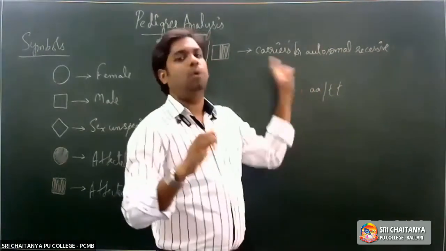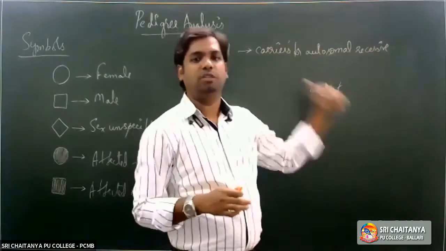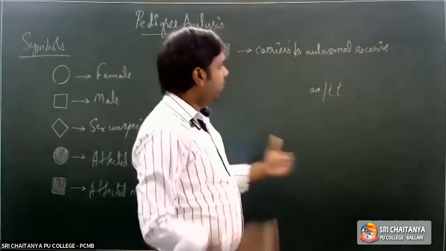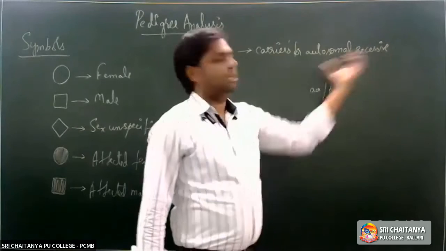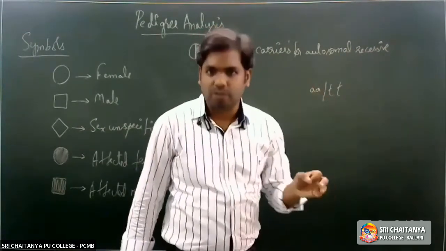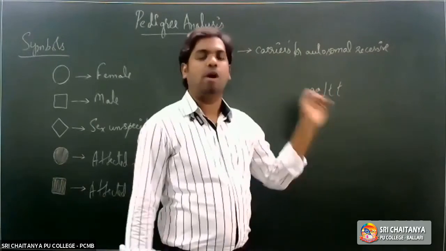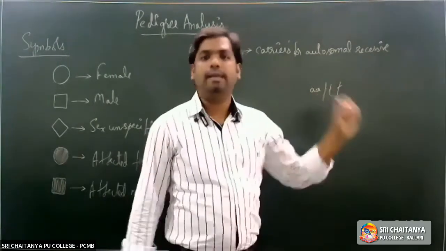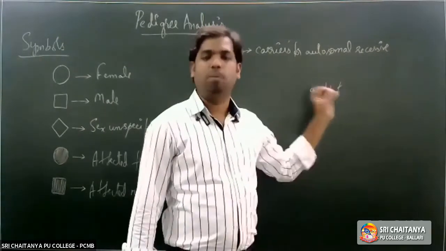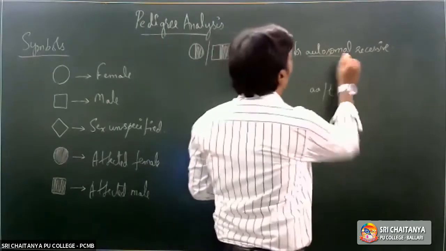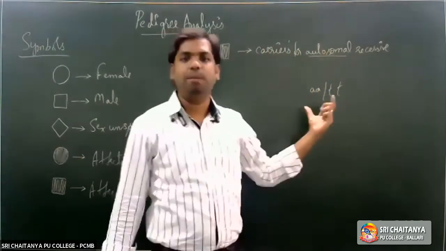Try to understand this. We'll get into more details of all of these disorders once we are done with the pedigree analysis. For now, remember that for a recessive disorder to be expressed, both the alleles should be recessive alleles. Only then would a particular disease be expressed. Now, before recessive, we are using another term, autosomal recessive. So what does that mean?